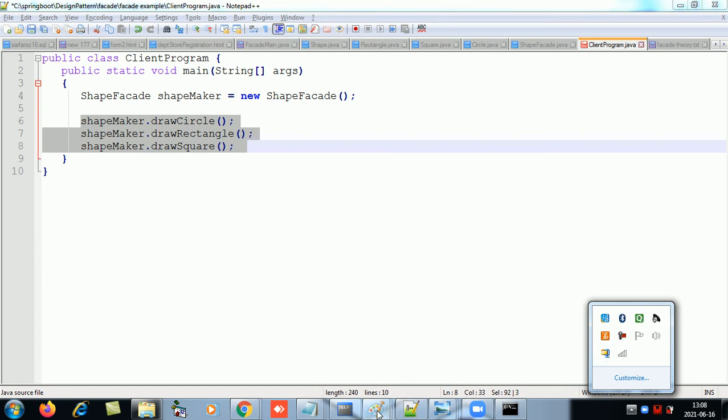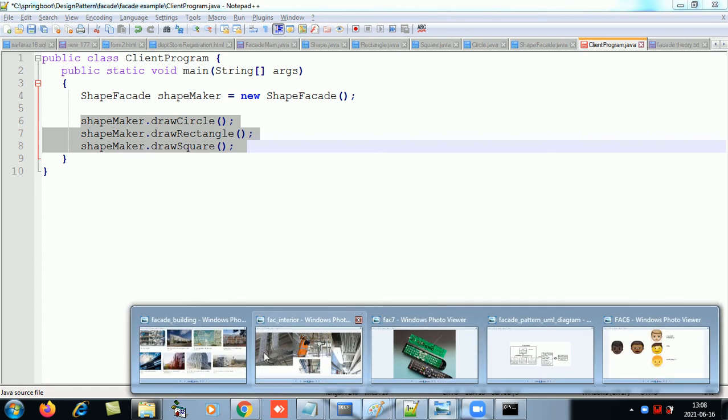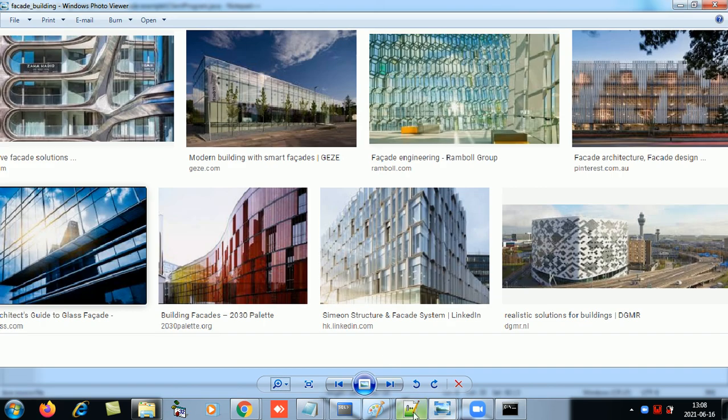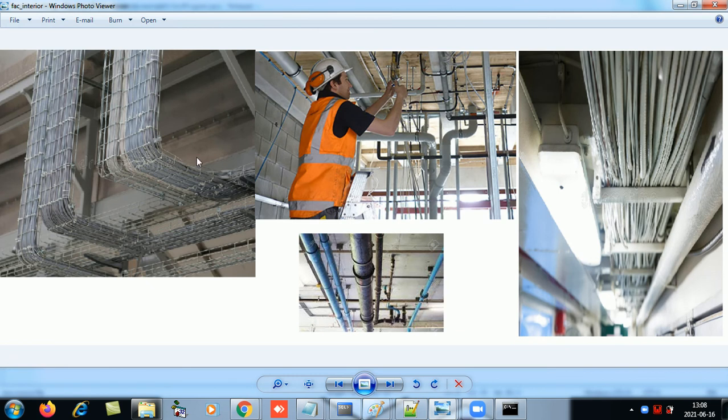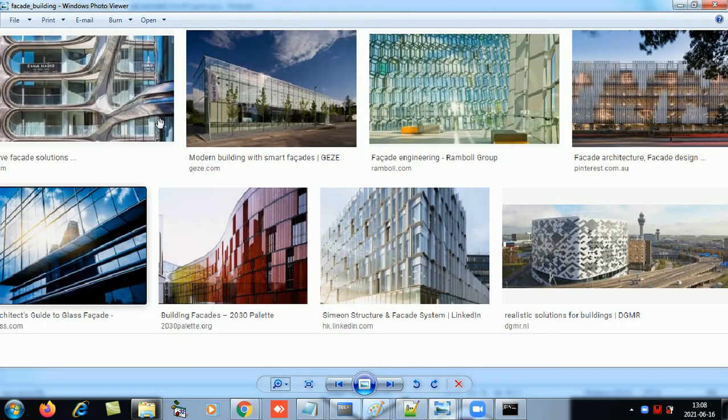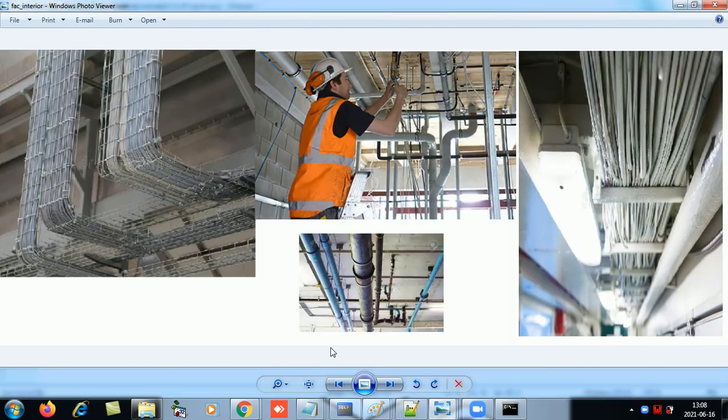So what is the one more? I just skipped one diagram. I'll show you that also. So if this is the facade, the facade hides the internal structure of the building. All this wiring, plumbing, cabling is hidden, and the user will only see a completed finished product like this. This will just give you the face of the building without showing you the inner details, how the building and the subsystems were constructed, which you are least interested in. We are just interested in the building.